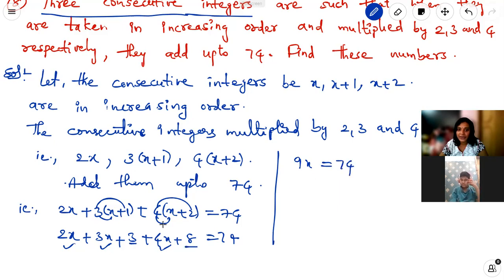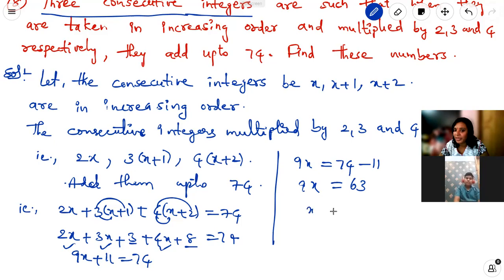3 plus 8 is 11. 11 is taken to the right side, then it becomes a negative sign. Why? Because here it is 9x plus 11 equal to 74. 11 is positive, taking it to the other side, that is transposition, it takes the negative sign. So the simplification of 74 minus 11 gives 63. 9x equal to 63. Again, taking the coefficient of x to the right side, the multiplication becomes division on the other side.